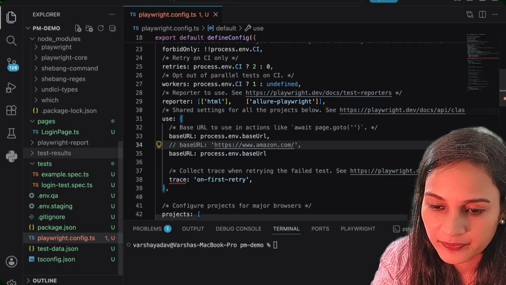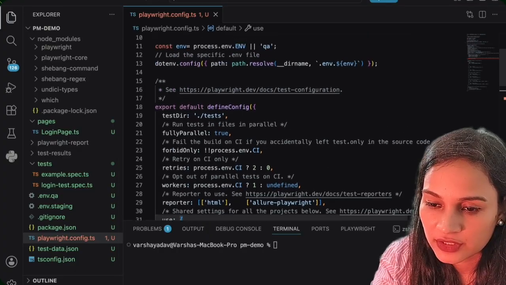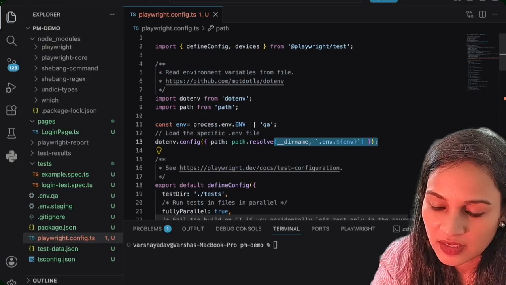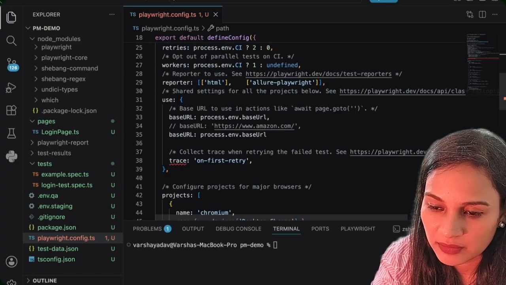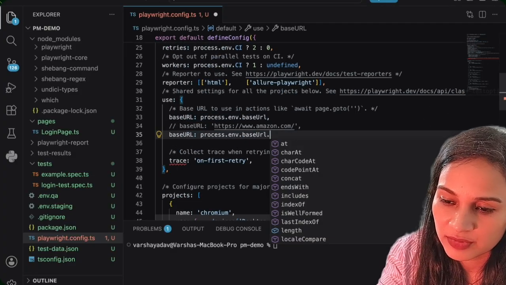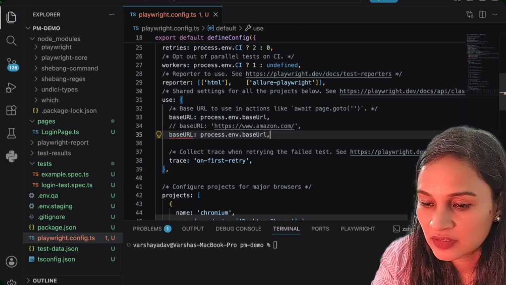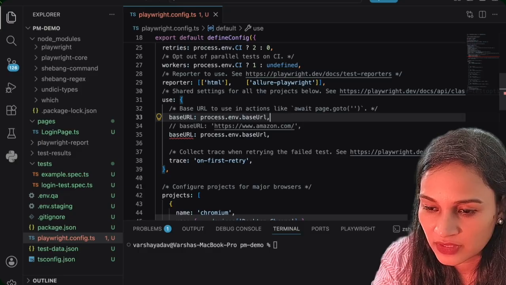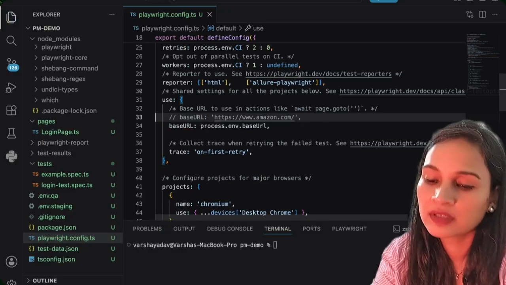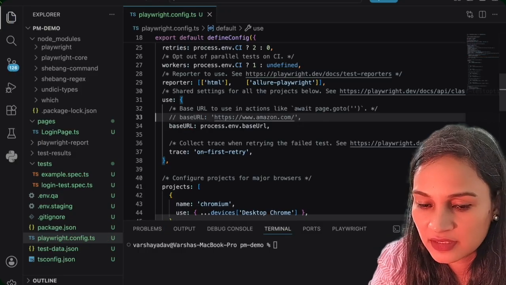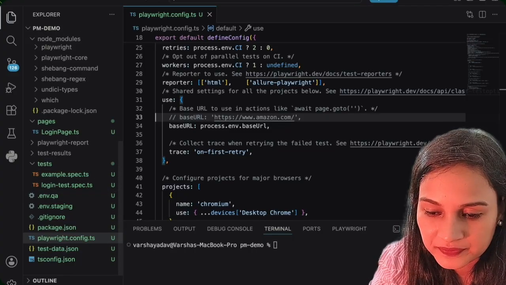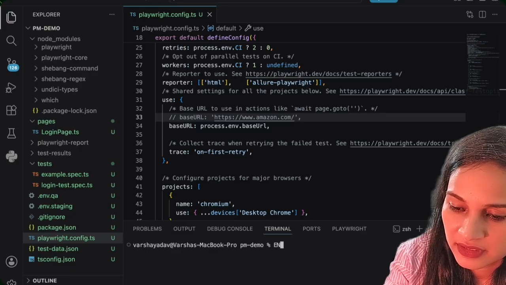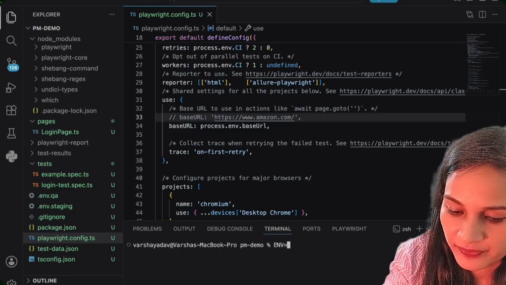So now it is going to load the specific file, and then it is going to update the base URL as per that specific file. Okay, I think I duplicated this. Okay, now if you want to run it, you can pass the environment equals QA